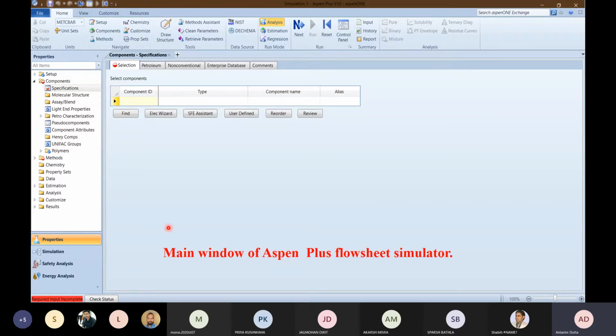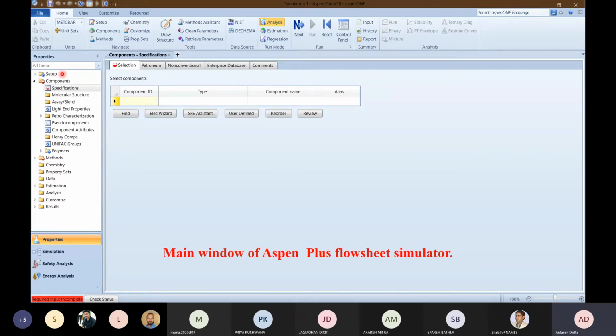Depending on your aim and your goal, you switch environments depending on your job, and you can perform that particular job. But for this particular course, we will be working on these two environments only: the property environment and the simulation environment. We will not be covering the other two since it's beyond the scope of this coursework.